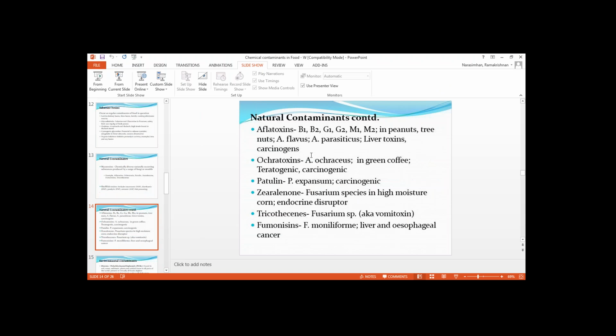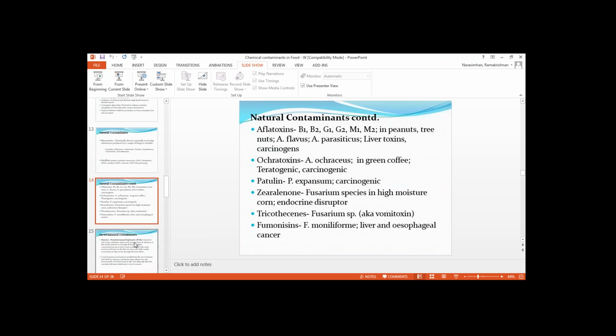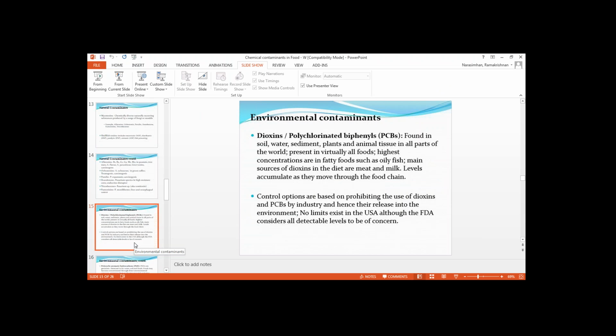Yeah, so we went through all the detail. This slide shows different types of aflatoxins, ochratoxins, patulin, zearalenone, trichothecenes, and fumonisins, etc. Okay. Let's talk about